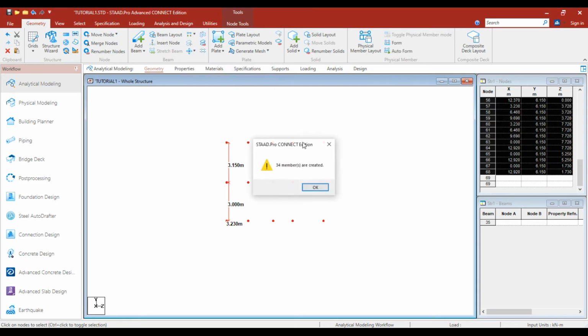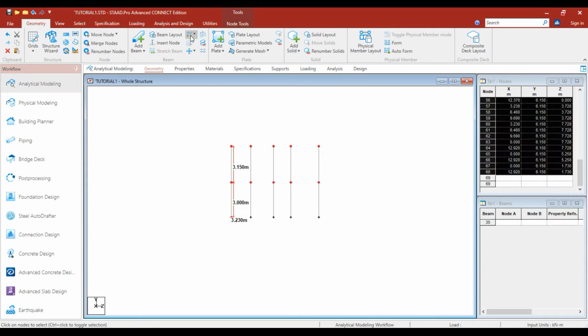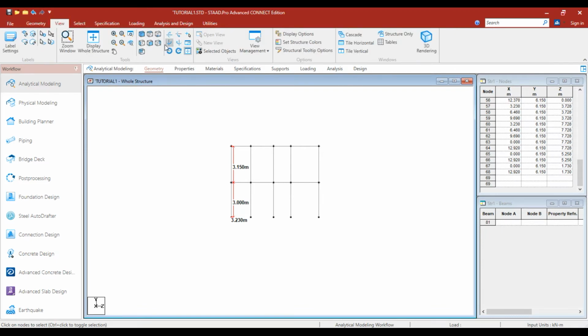node on y-axis. 34 members are created. Okay, then I come back to my geometry, then I come to connect beam, connect on x-axis 24, connect on z-axis 22. Yeah, then if you check on your display whole structure on the view tab, then you see this